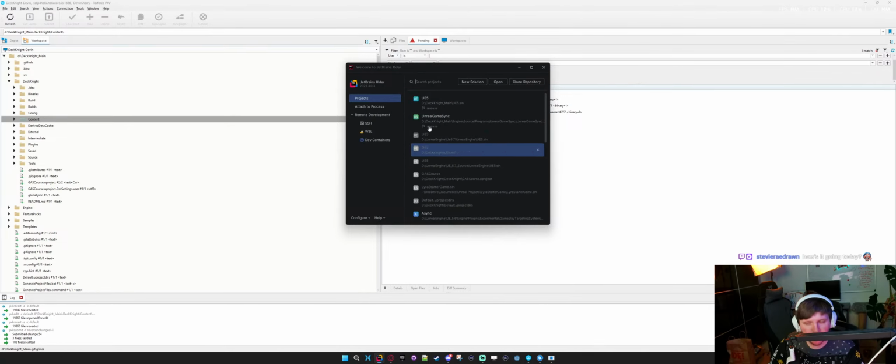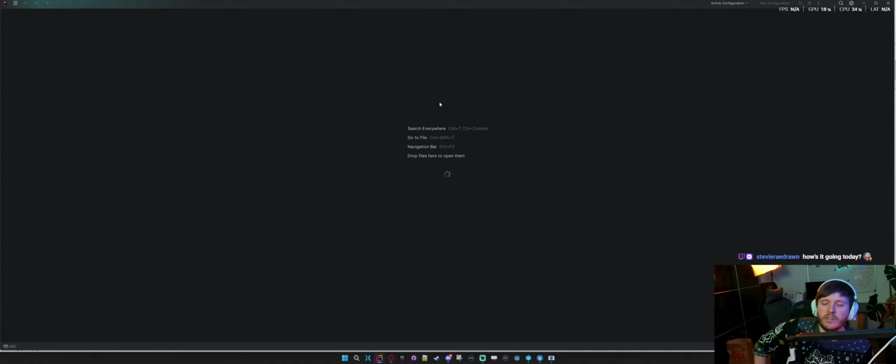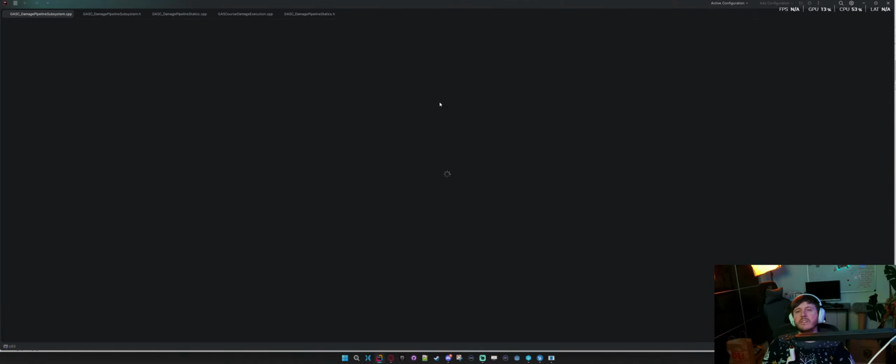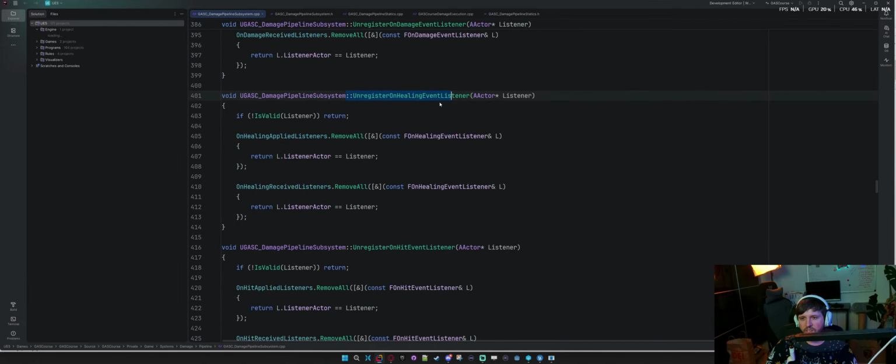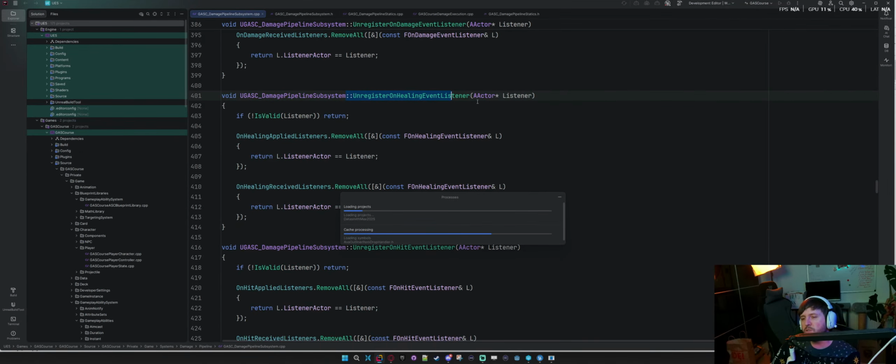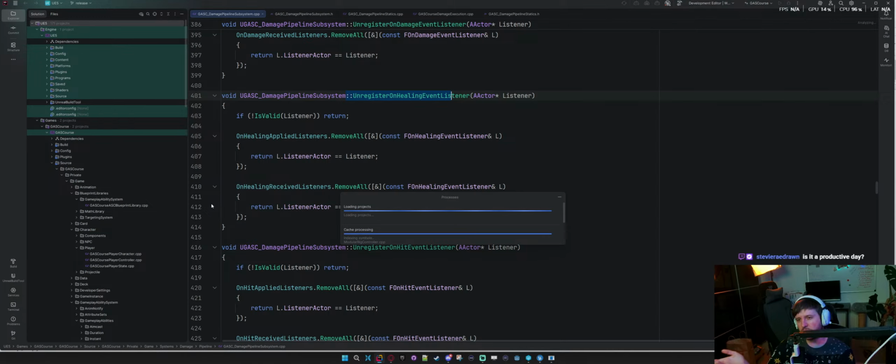Stevie Ray Drawn, how's it doing? How's it going? I'm good. I'm doing good. Doing a lot of work for our damage pipeline. Trying to do a lot more for our optimizations here. We were using this new plugin for this Niagara UI widget drawer thing, and when we're trying to convert stuff into code, it was not recognizing this variable type, this Niagara system widget. I don't know why it was compiling, but for some reason it wasn't really added to our project.